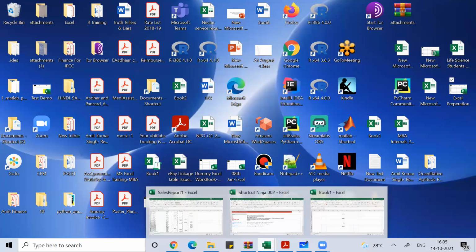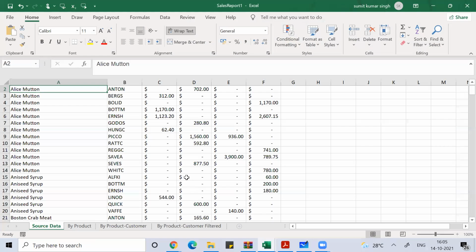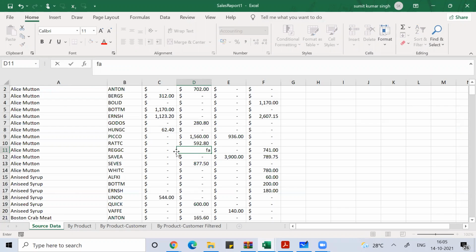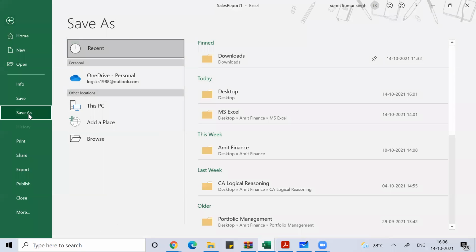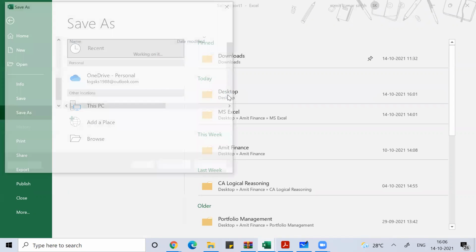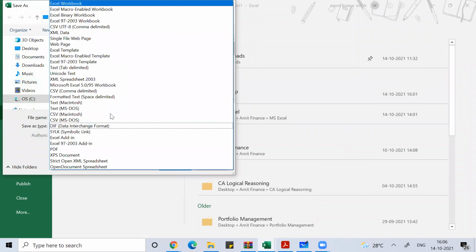Many times, if you feel that your Excel file can be used in remote locations or in outdated versions, you can save in other types like the .xls format also. So go to File, then Save As, and whenever you are saving it, you can change the Save as type.